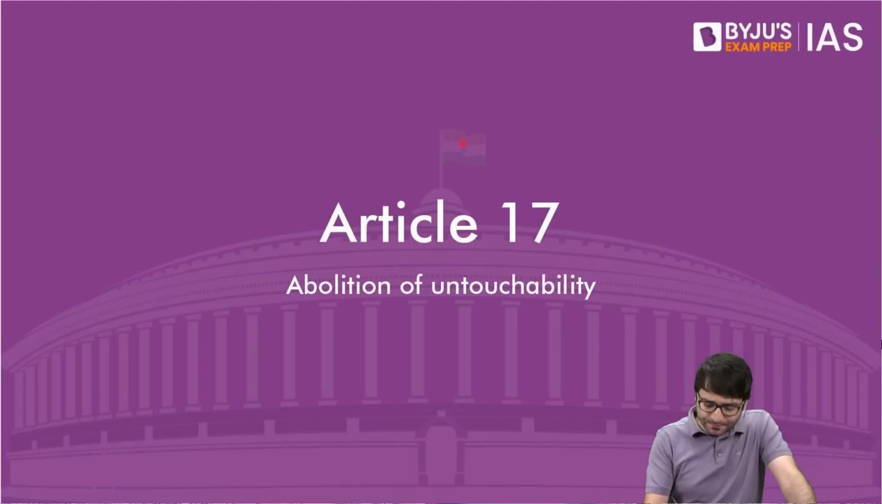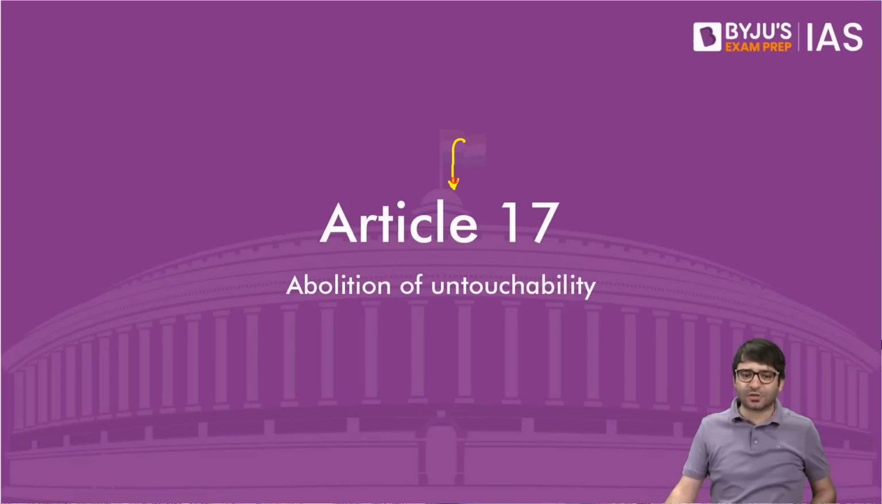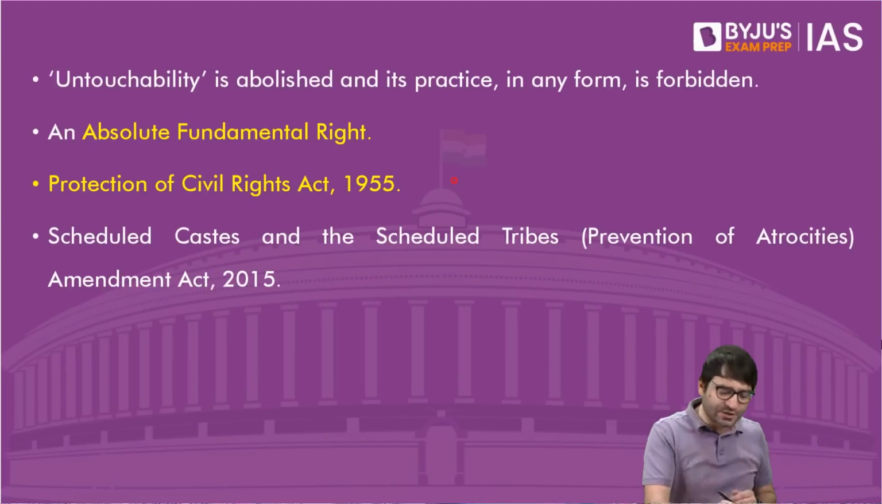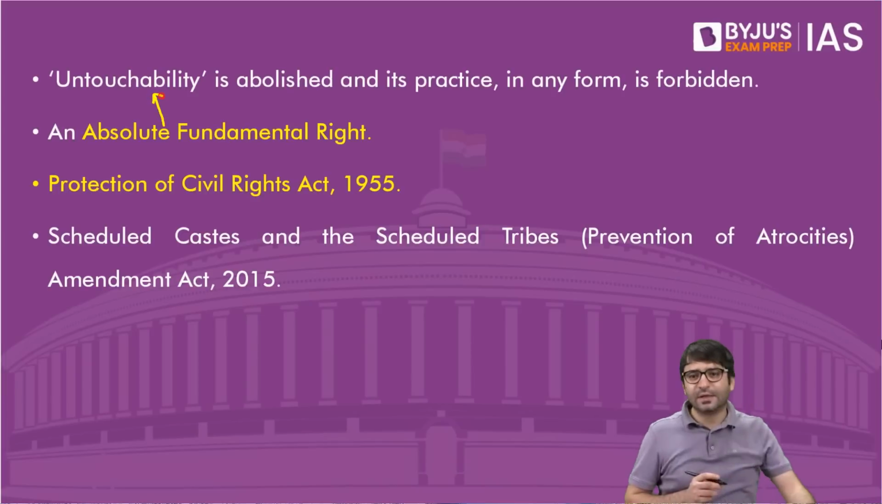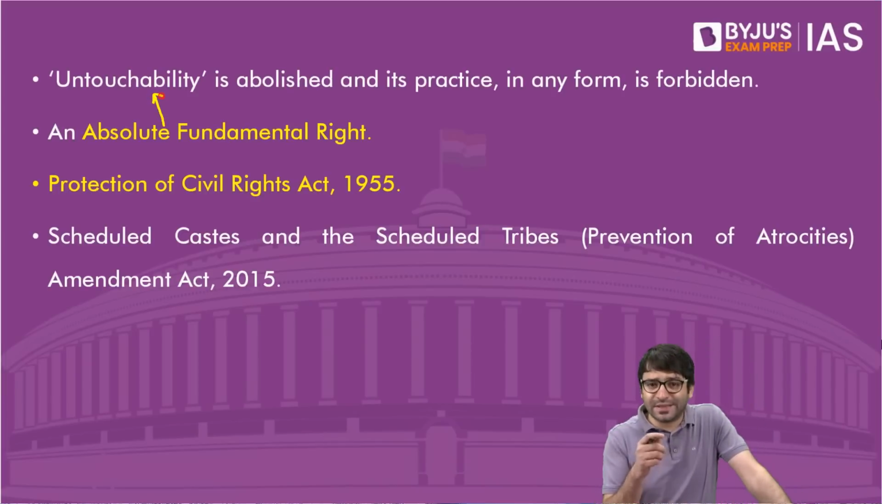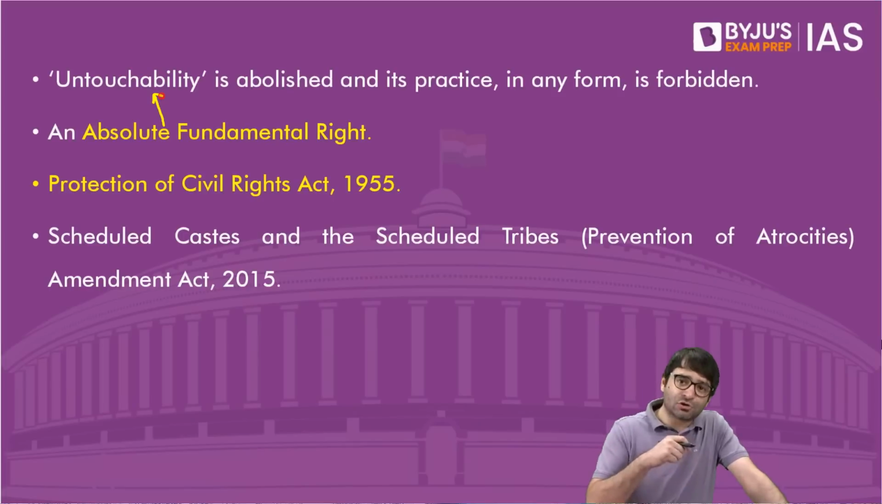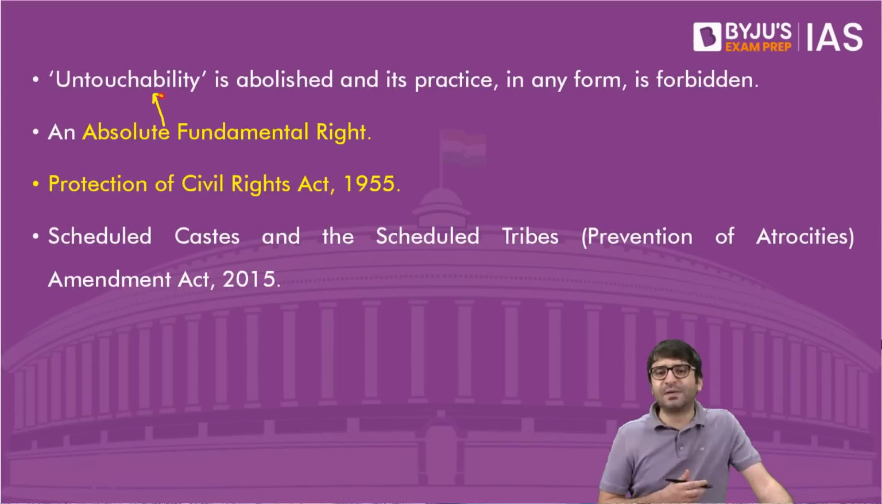Then we discussed Article 17 of the Constitution, which talks about abolition of untouchability. And I told you this term, untouchability, is in quotes, which means we are not talking about the literal meaning of this term, untouchability. We are talking about the historic practice of untouchability, which was practiced in ancient India and unfortunately is being practiced even today. That is why we say there is a